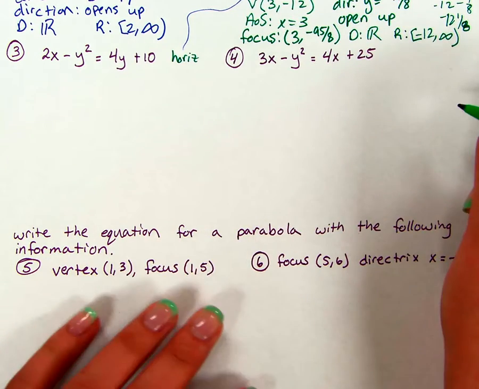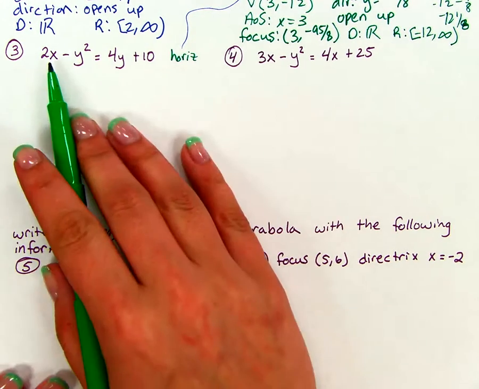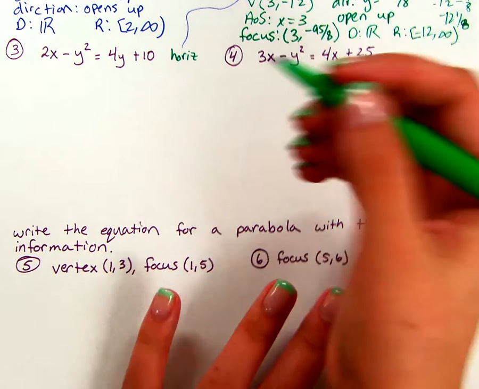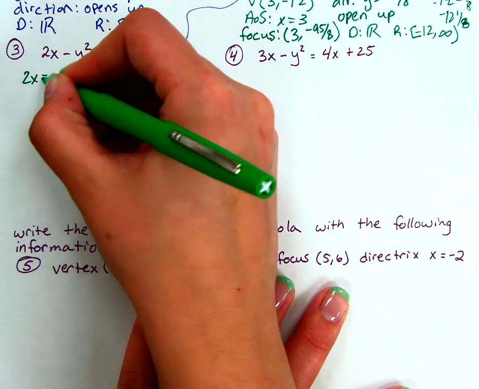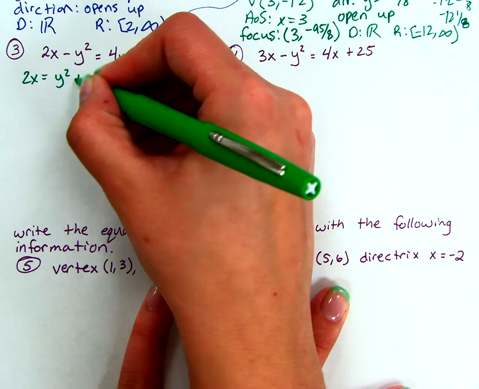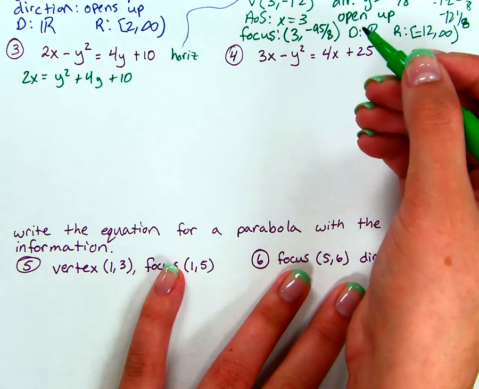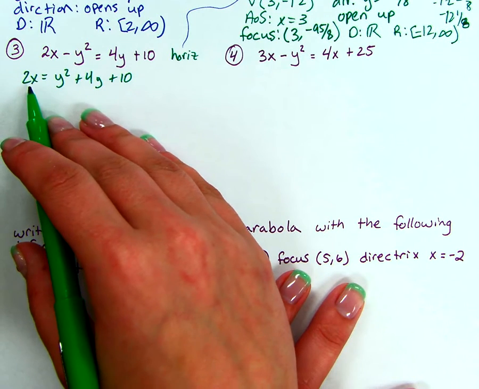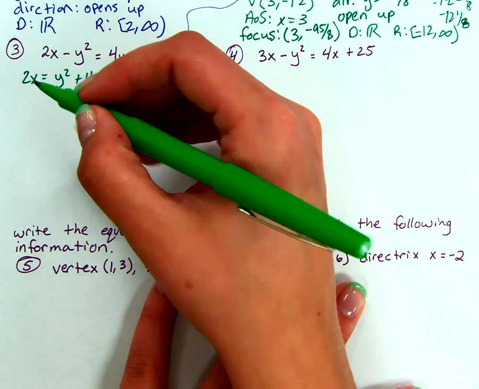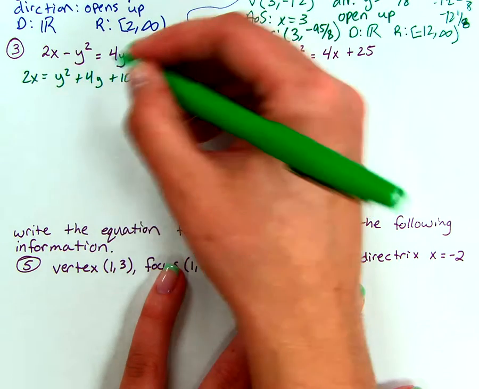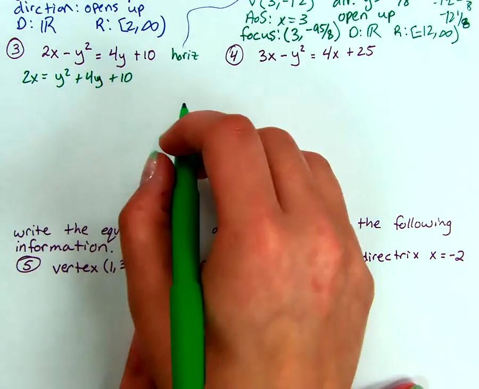So again, we're going to start by getting the x by itself. So to do that, we're going to need to add the y squared over. So we'll have 2x equals y squared plus 4y plus 10. And then if we divide everything by 2, that means that we're going to end up putting a number in front of our square term. But we know in order to complete the square that we can't do that. So for now, we're actually going to leave that 2 with the x,